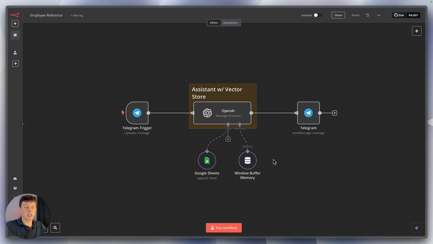Now, I'm going to start with a quick demo of how this agent works, and then I'm going to show you how you can use a free template and actually set this up for yourself and start saving you and